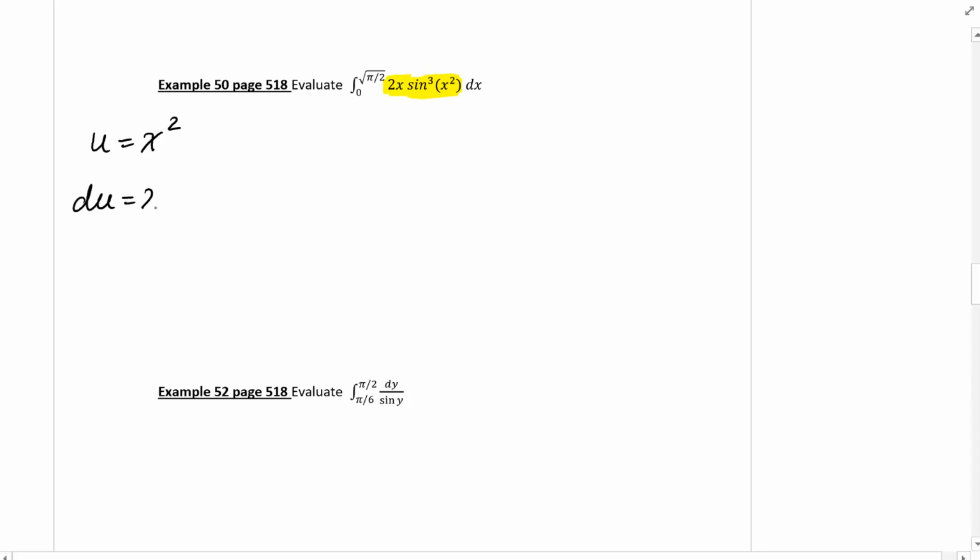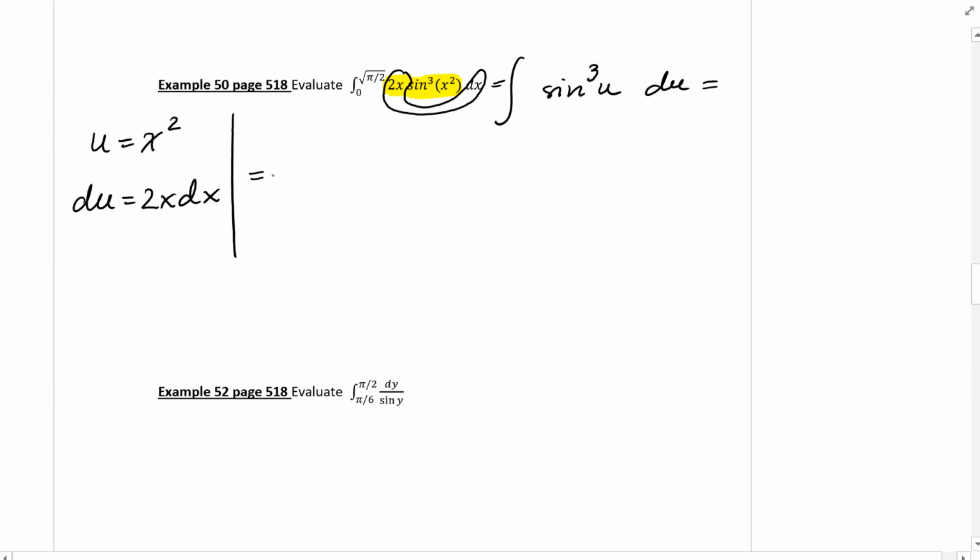So du is 2x dx. This integral is going to be the integral of, so this 2x dx I'm going to replace with du, and then sine to the third of u. Now the limits of integration are for x only, so I'm going to use them only at the very end when I plug in x. This time we're going to solve this problem using sine squared of u times sine of u du,